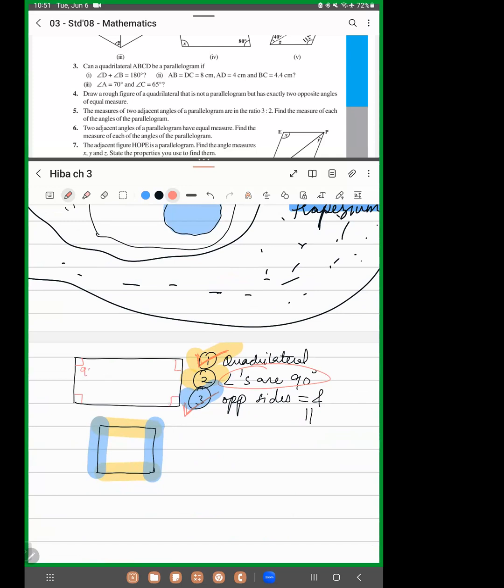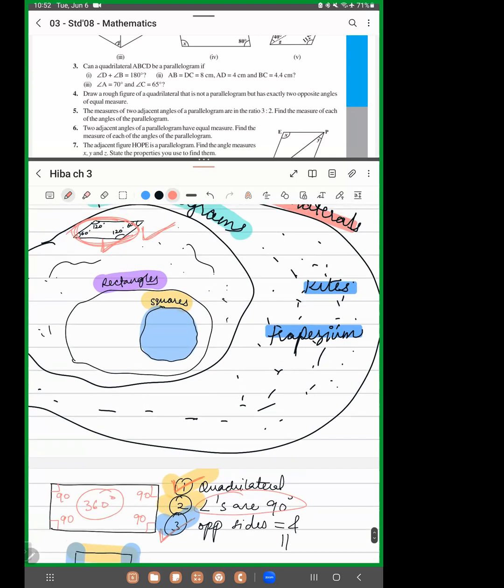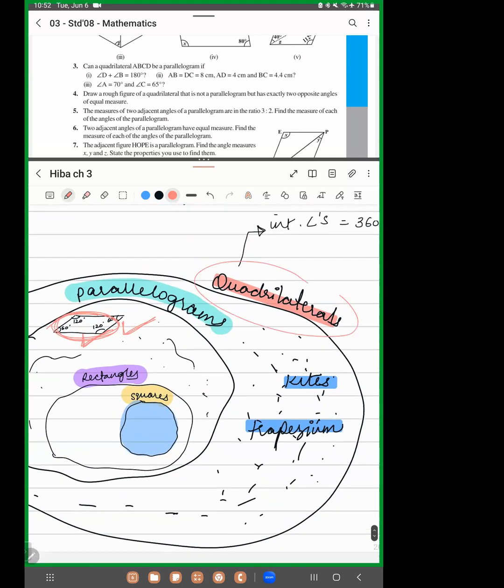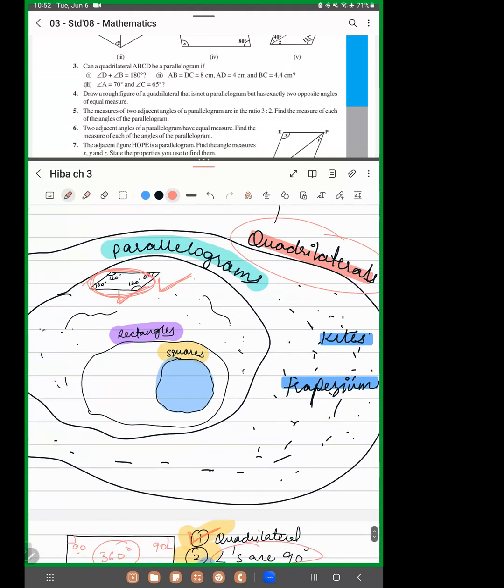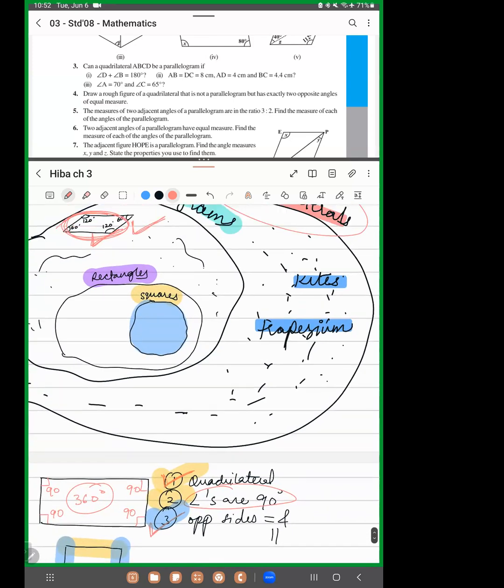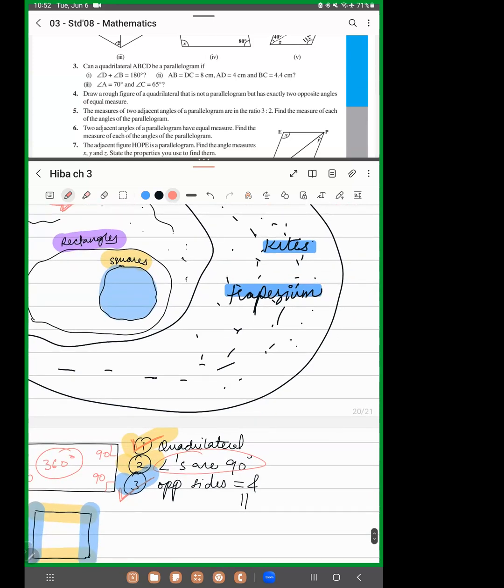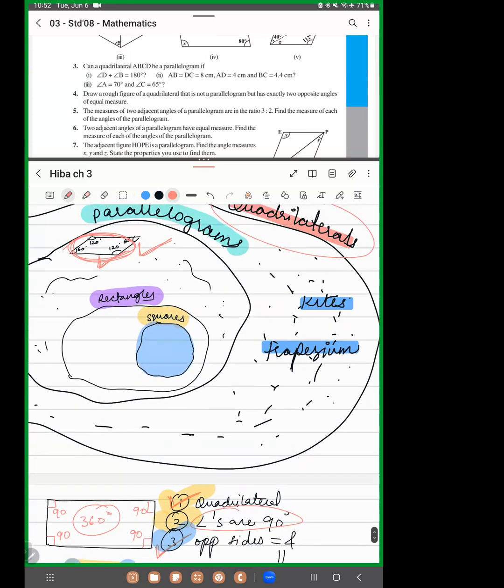Tell me. 90, 90, 90, 90. 90 multiplied by 4 is 360, right? 90 plus 90 plus 90 plus 90 is 360 degrees. So they are all going to be 360 degrees because they are all quadrilaterals. But the only difference between a square and, let's say, this parallelogram, is that in a square all the angles are 90 degrees,